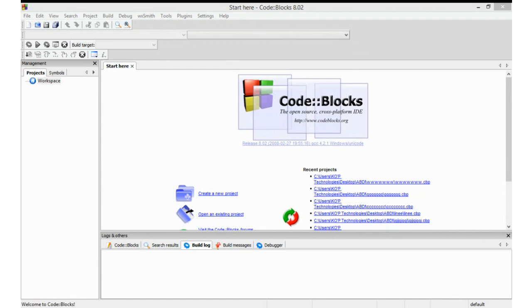And of course, at some point, it will be very difficult for you to access it unless you can access it well. But as I mentioned earlier, these are the open source tools that you can easily use. Now, once you install Code::Blocks,